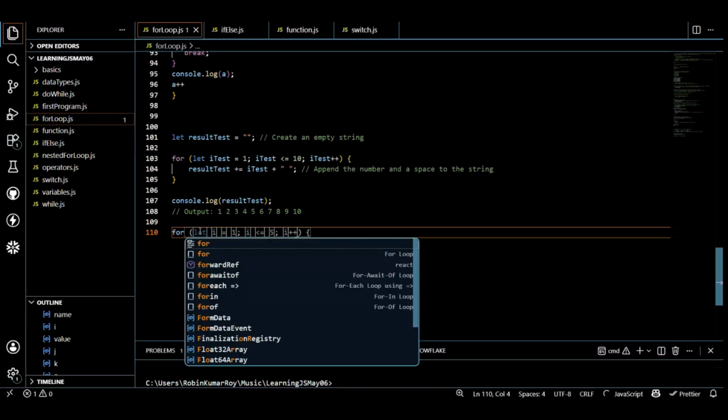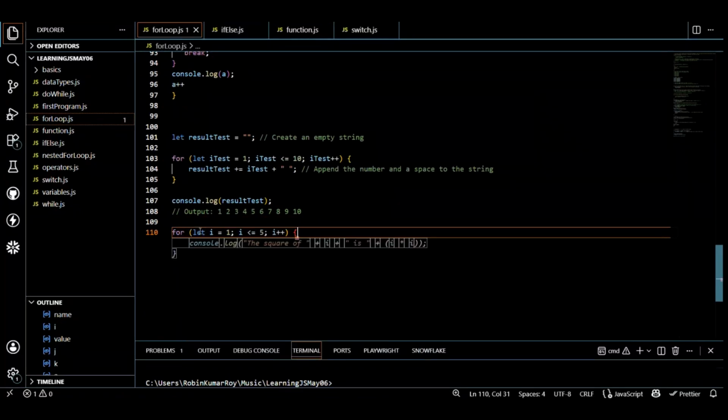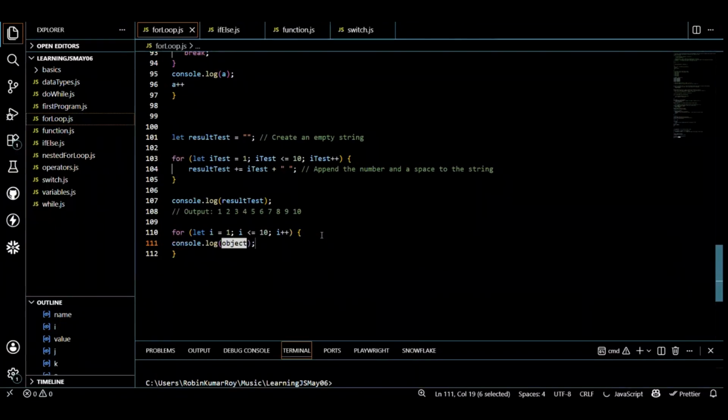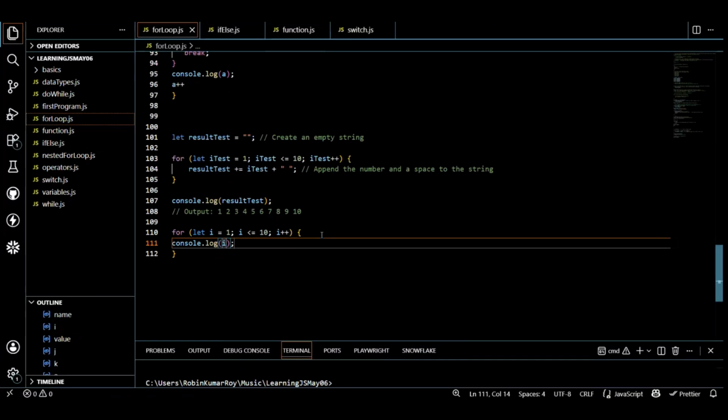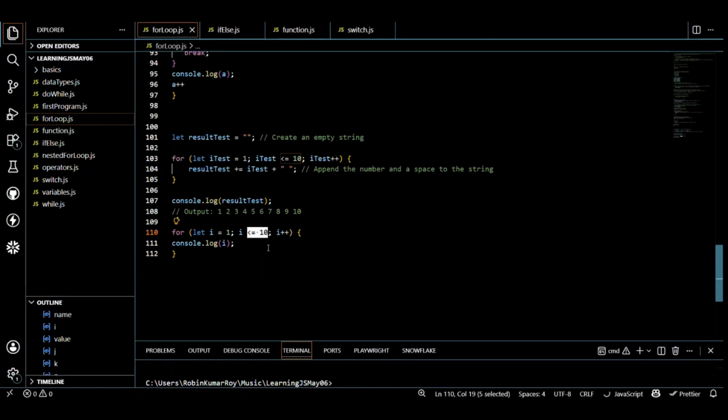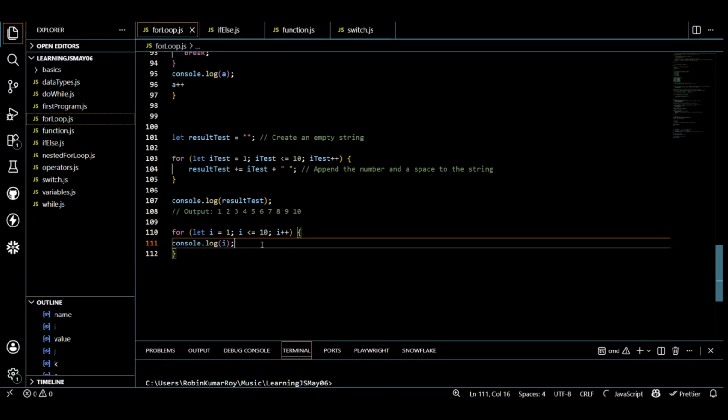I'll say for let i equal to 5, console.log i. Then what we're trying to print here is the value from 1 to less than or equal to 10. If I run this program,